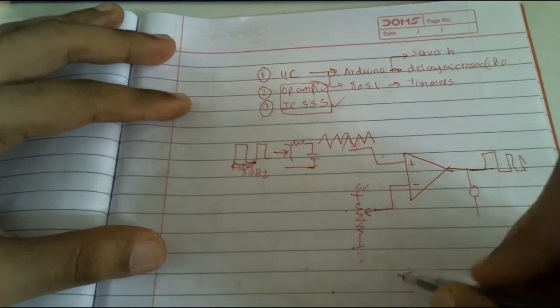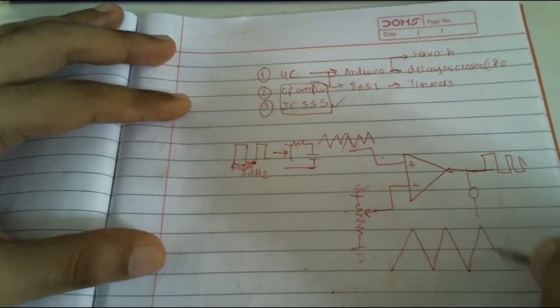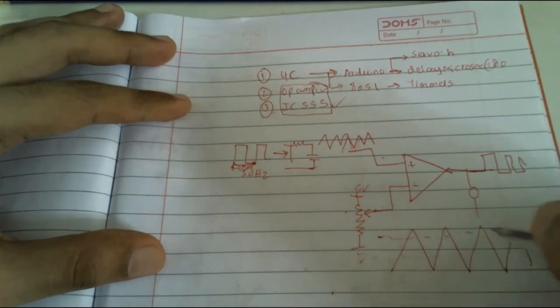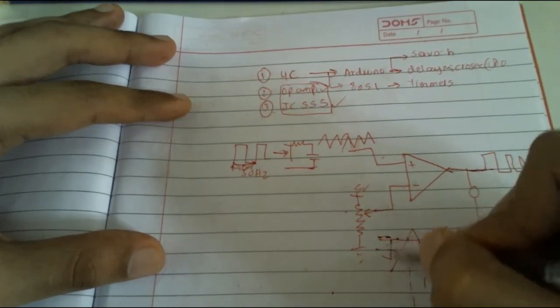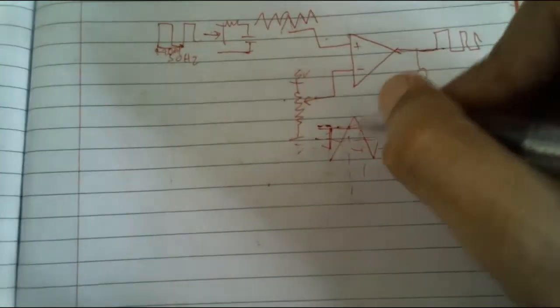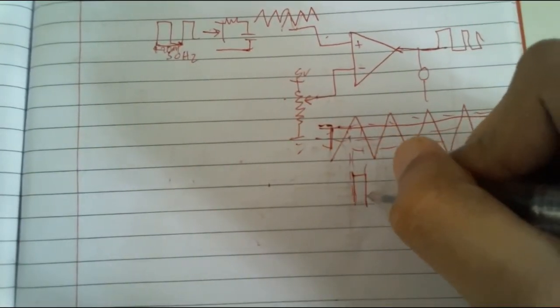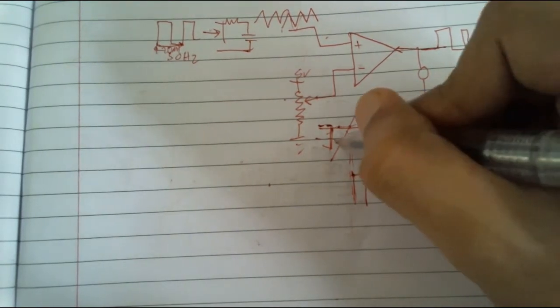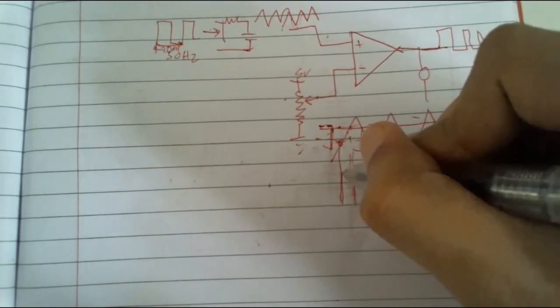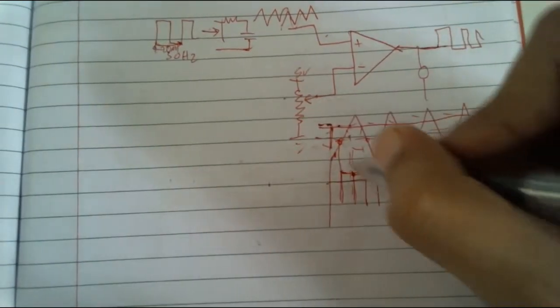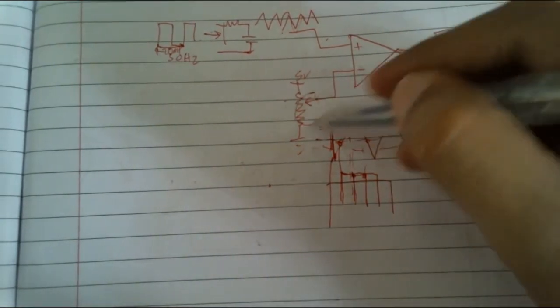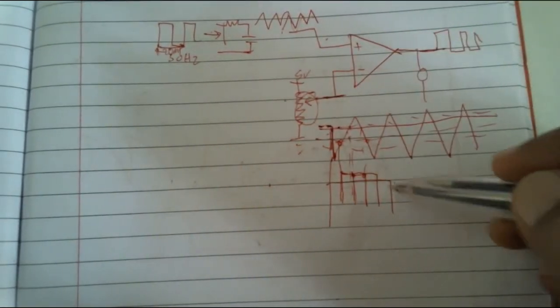To understand how this works, this is a triangular wave, and suppose our voltage is varying at 3 levels. This is a comparator voltage. Suppose this line goes up and down. So I will show you. At this level the pulse width is minimum, at this level the pulse width is this much, and at this level the pulse width is this much. So by changing this voltage, we get a varying duty cycle. This is how the comparator based